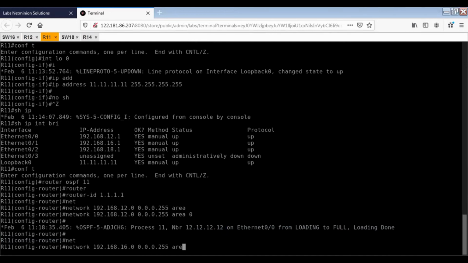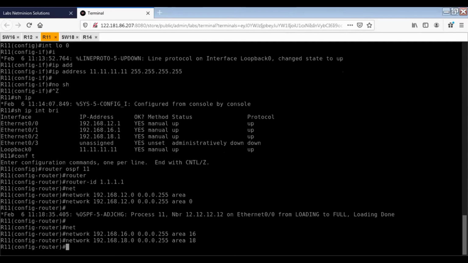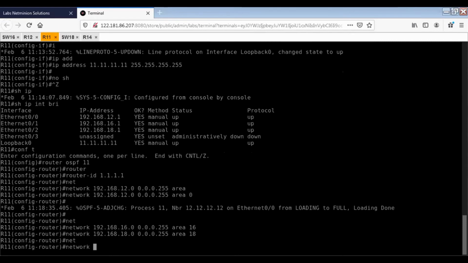Let us say it is area 16. Now again we'll go ahead with 18. Now it is area 18. Now network 11.11.11.11, I'll keep it in area 0.